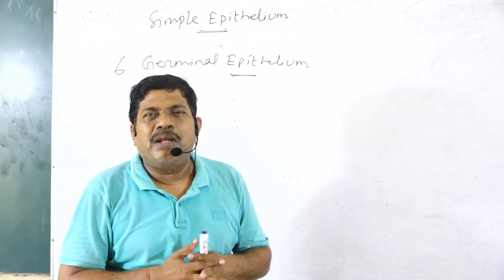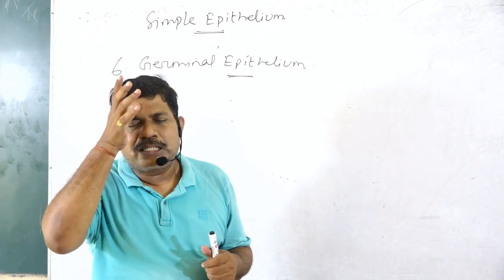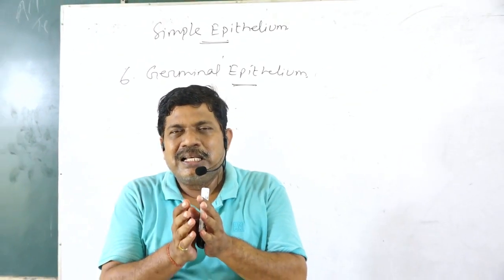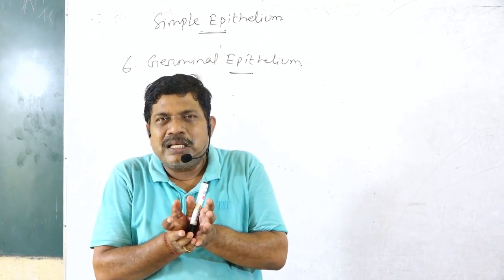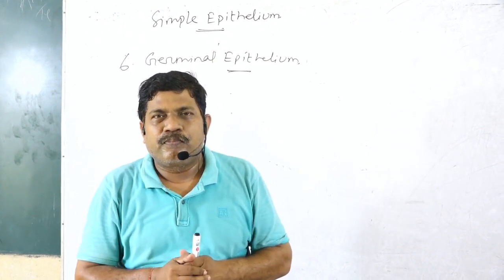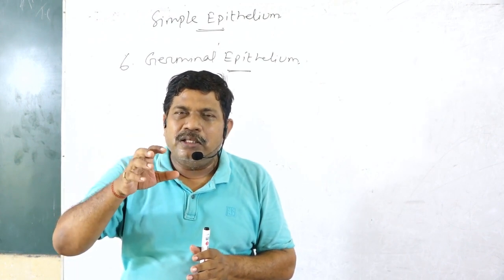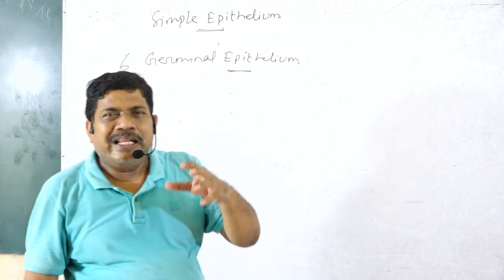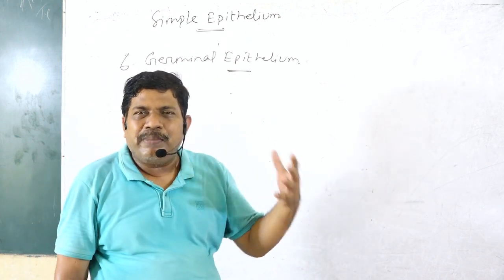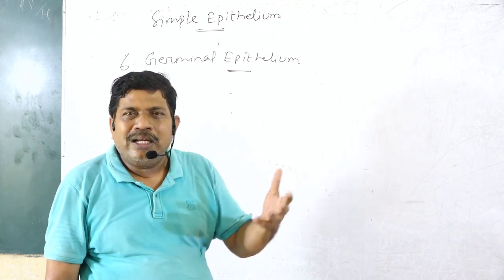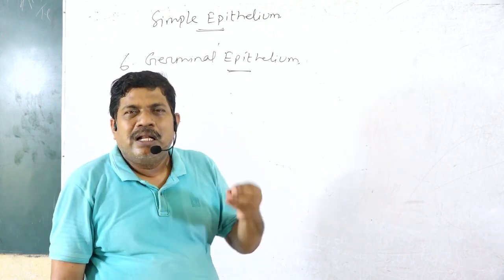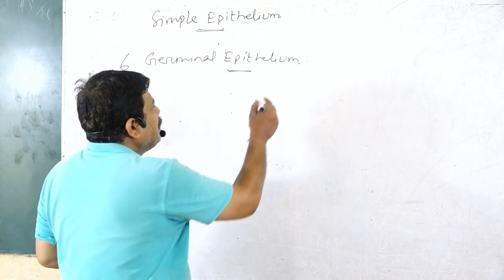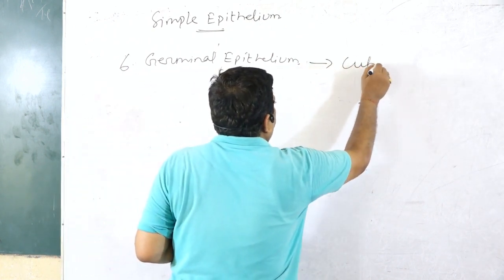Suppose in the case of a male body, our primary sex organ is the testis. So that testis, its lining surface, is constituted of germinal epithelium. And only the germinal epithelium are the cells that undergo meiotic cell division. And in the case of the female body, the ovary, the primary sex organ, the gonadial cell, the reproductive cell, its lining is also germinal epithelium. Basically they are cuboidal epithelium.